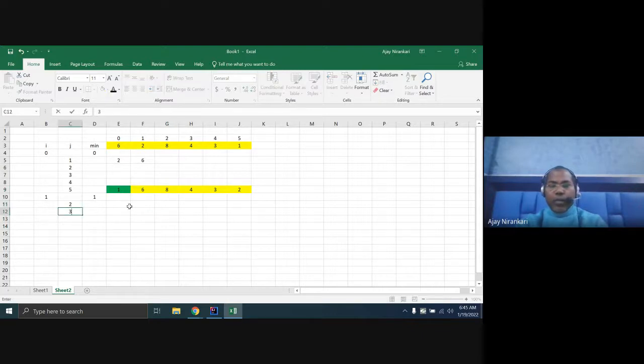Again compare to the 3. Third position data with your minimum. Is the third the minimum? No, we need a replacement. So here should be 4, and that should be 6, right? Again, we increase the loop to the 4th. You compare the 4th element with the minimum. Minimum is now 4. Now you find this is less than. So you have to replace this with the 4, and this with the 3.